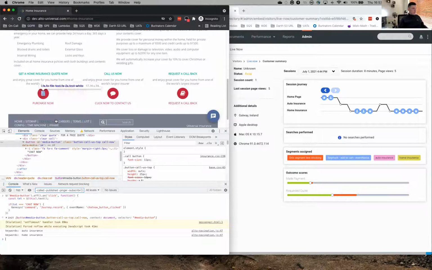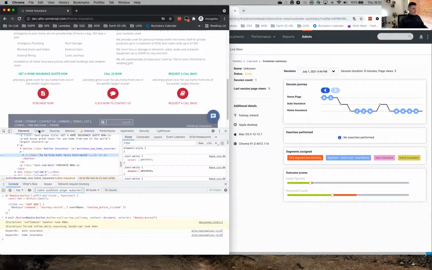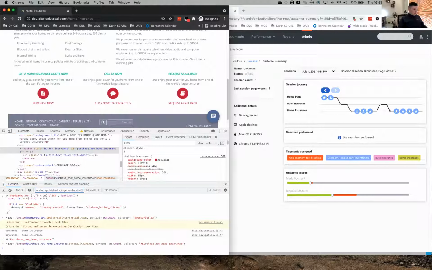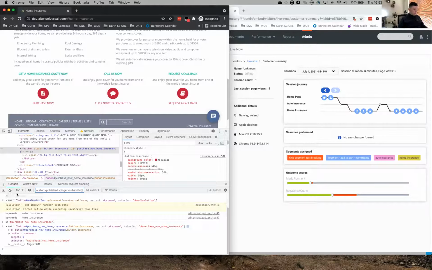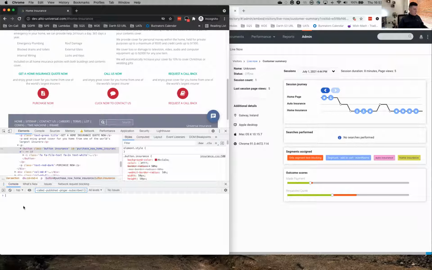So let's have a look at that button. So the button is purchase now home insurance. So that's the idea of it. So again, let's have a quick look. This is the right button, and there aren't many others. So no, it's just one. So yeah, let's take off some of the listeners first, and then add